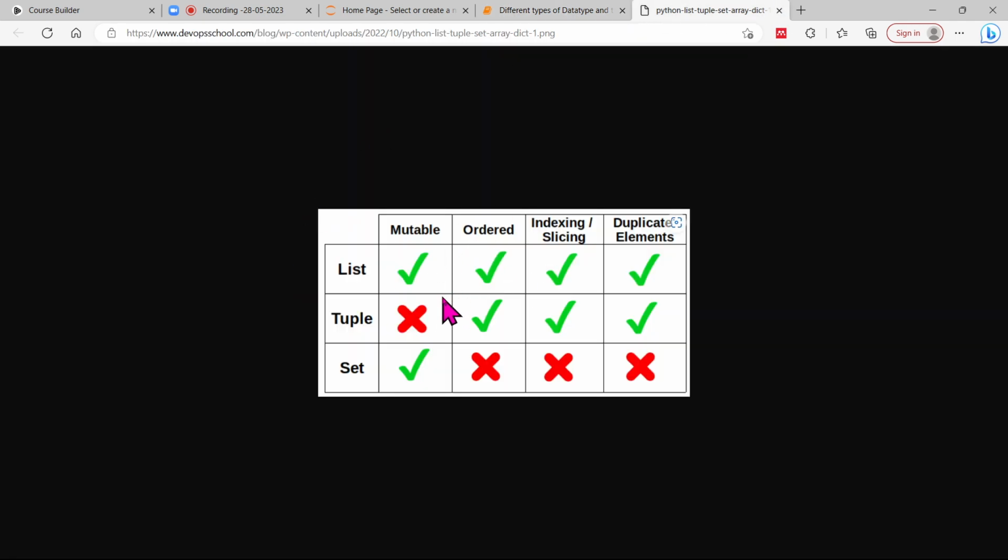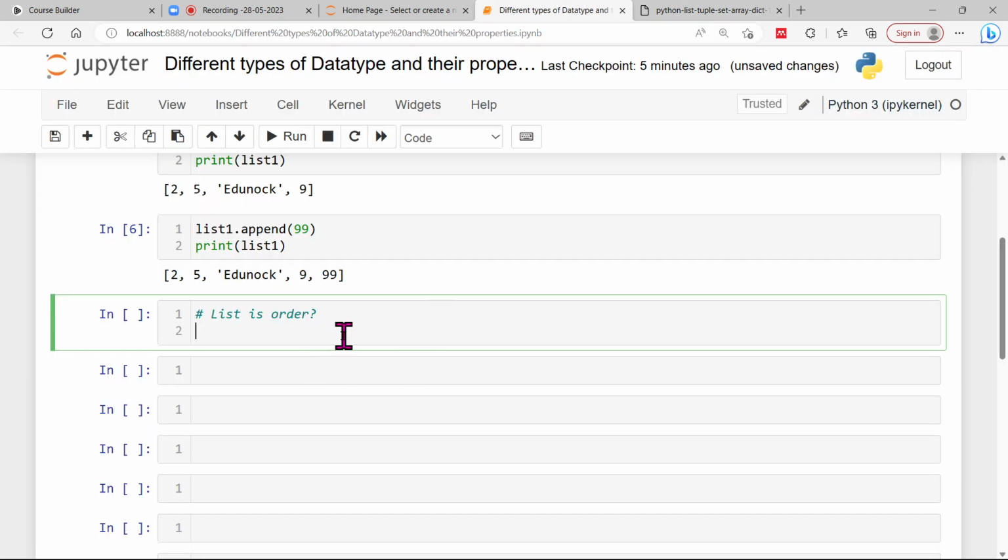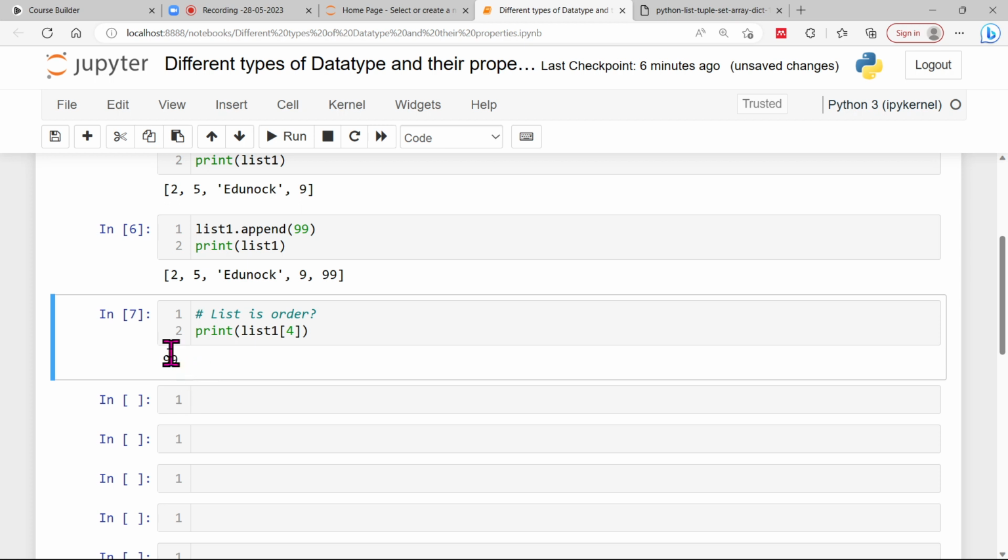Can you see the second part, list is ordered, is the question mark, and this image is saying yes. But let me justify from the coding itself, like how would you justify in front of an IT company how this can be done using Python itself. If you are accessing any element or displaying the value using a certain index value,